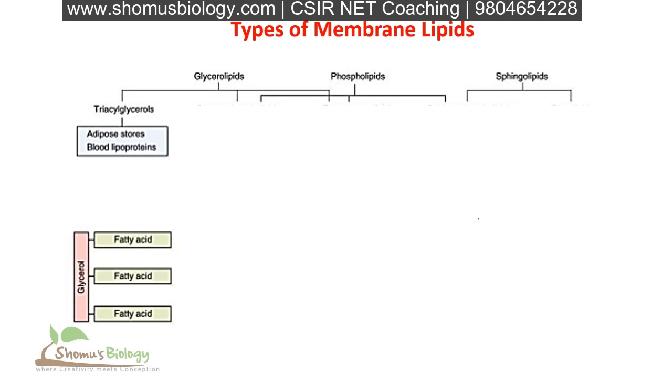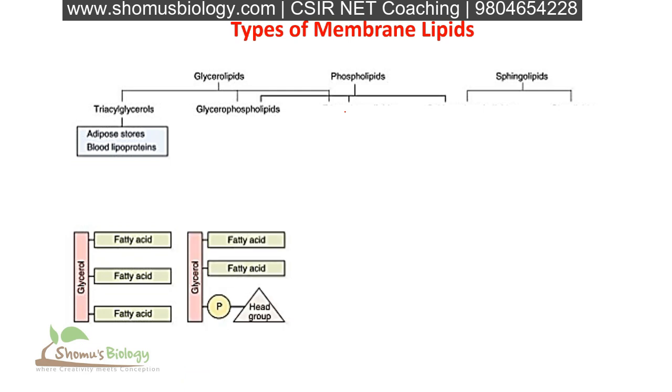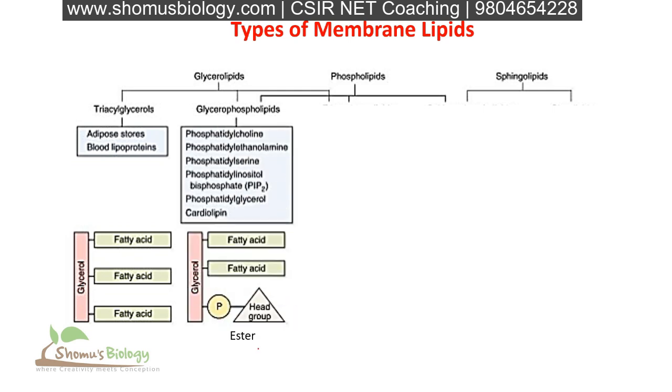Then we have another type of glycerolipids, that is glycerophospholipids, which is a combination of glycerolipids and phospholipids together. How does it look? It contains a glycerol backbone, but instead of 3 fatty acid chains, it contains 2 fatty acid chains and 1 phosphate connected head group. That's why we call it glycerophospholipid, because we have a phosphate group connecting with the head group. The interaction of fatty acids with the glycerol here is with the help of ester linkage, and the example is phosphatidylcholine.